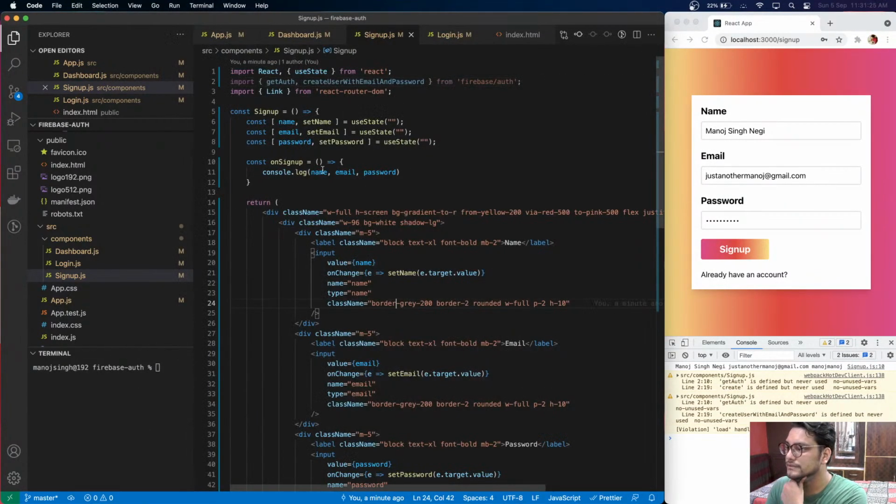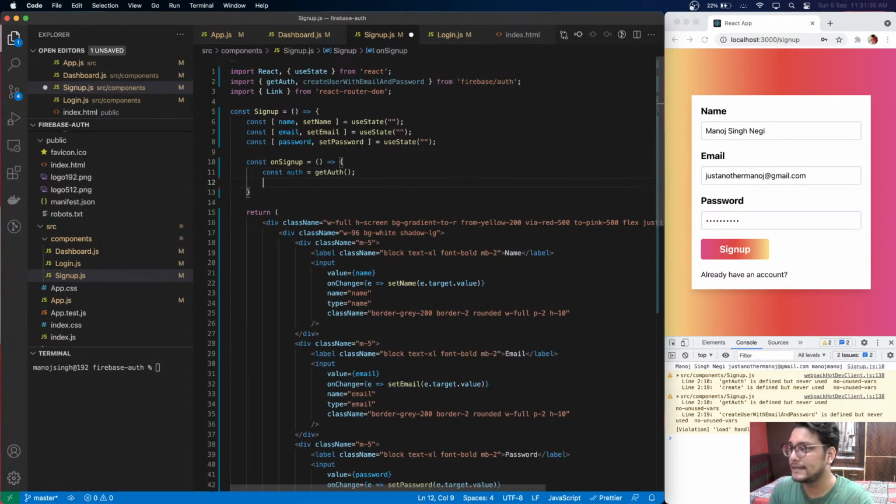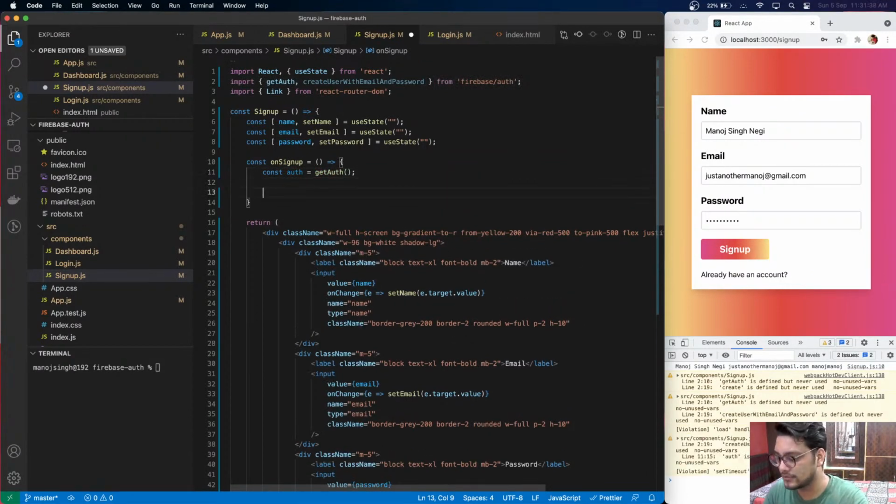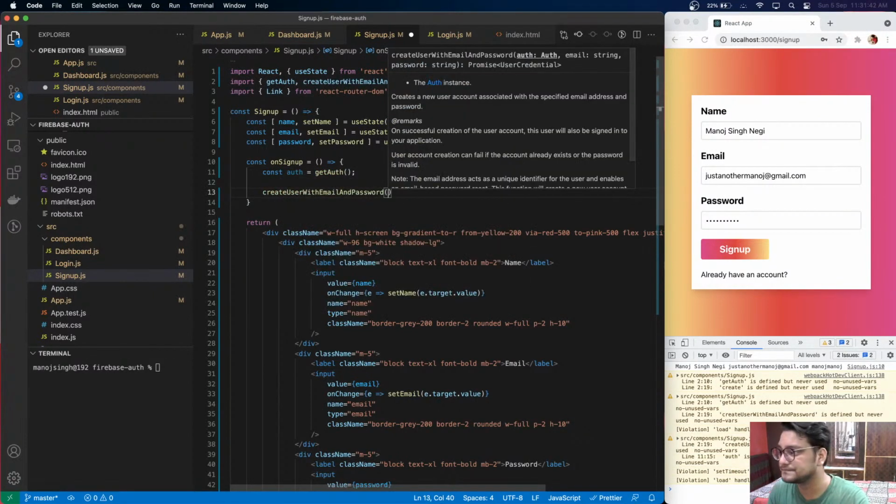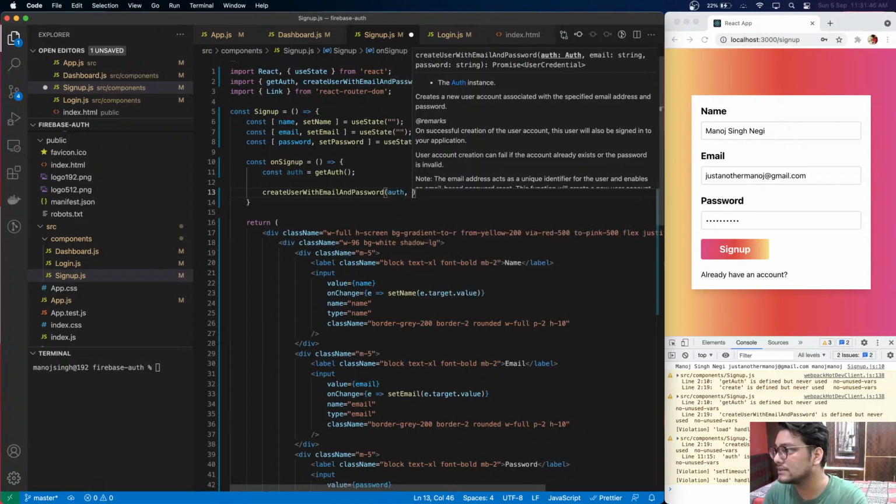All right, so now on sign up, we want to extract auth from getAuth, and then create user with email and password. I'm going to provide the auth, which is this configuration we get from getAuth,